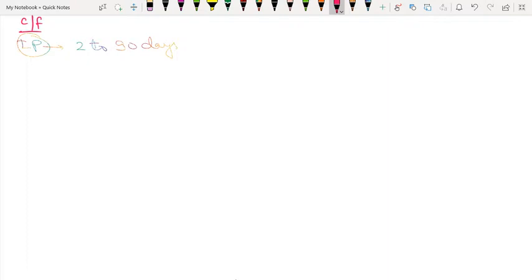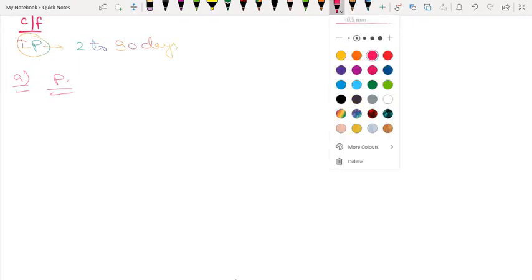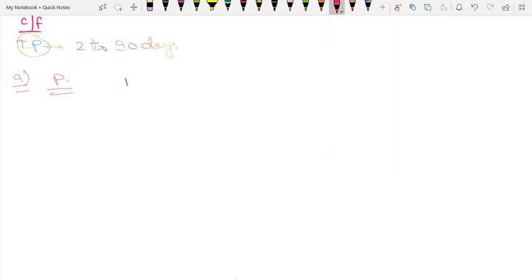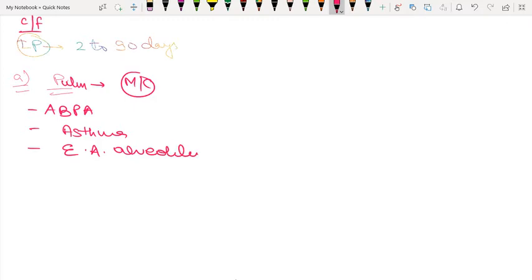Now the first type is pulmonary aspergillosis. It is the most common form of aspergillosis and includes various manifestations such as ABPA, that is allergic bronchopulmonary aspergillosis, then bronchial asthma, then extrinsic allergic alveolitis,